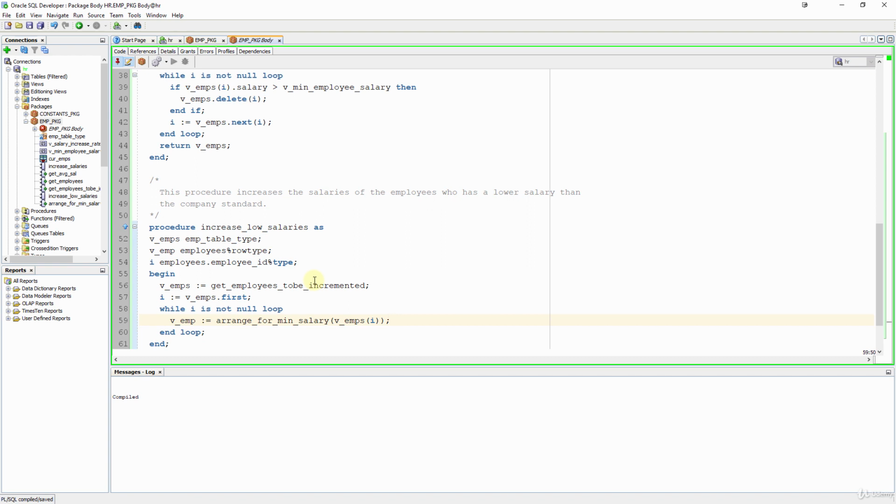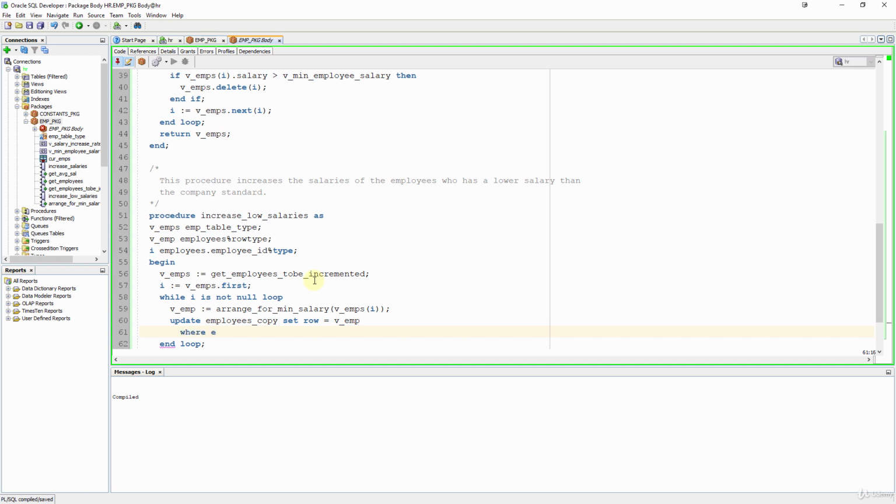So we can simply update our employees copy table using our record. As you remember, we can easily update the complete row using our record. Let me show you. Update employees copy set row is equal to v_emp, and our where clause, where employee ID is equal to i. You might remember this from our previous lectures,